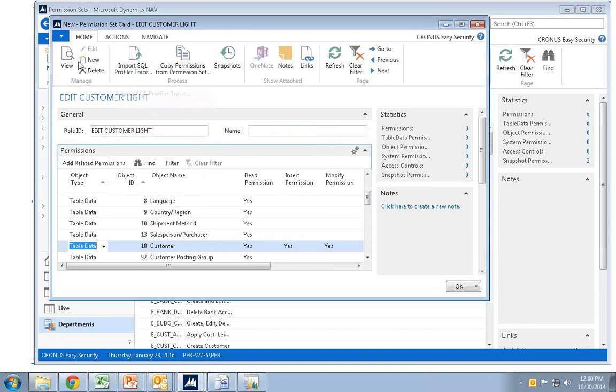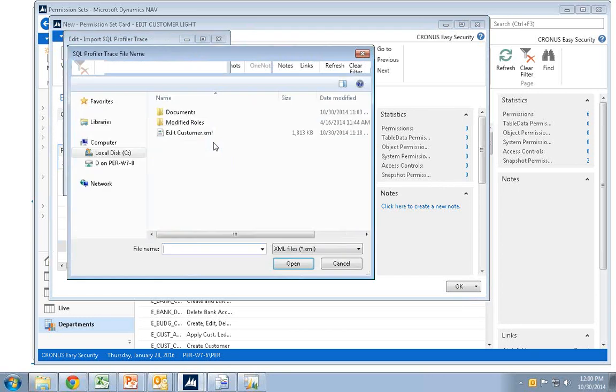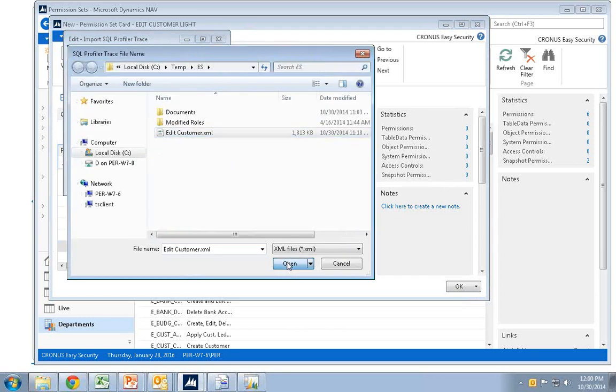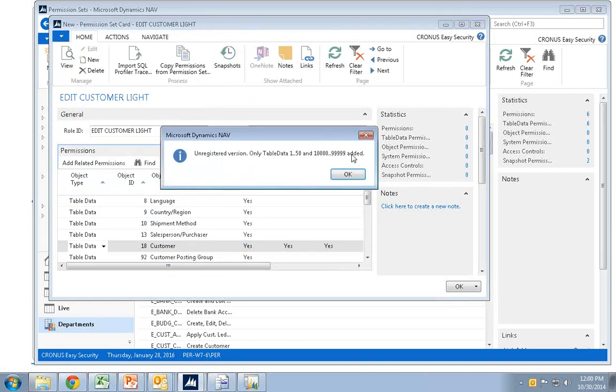We can also import our trace in here. So if I actually go and import my SQL profiler trace, the same file that we actually did before can be used by the Lite product, and we can add related permissions also in here. As it imports, the complete free edition only allows certain ranges in here, basically allowing you to correct for normal customizations and to have a few tables in the normal range.